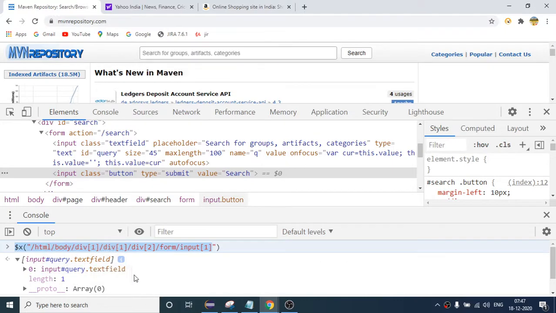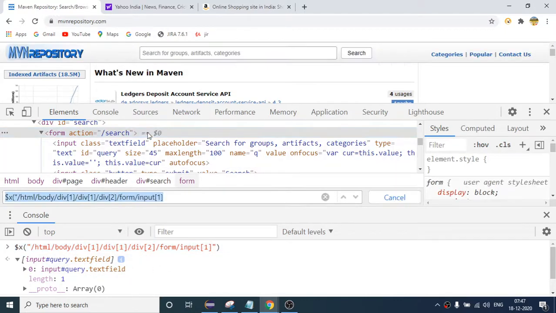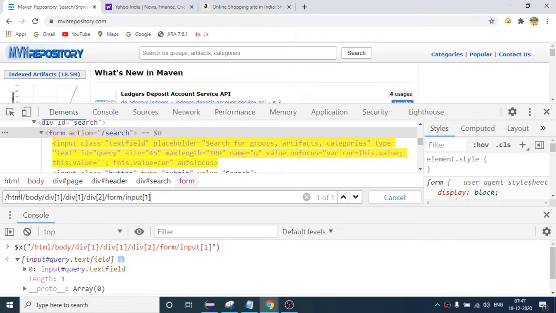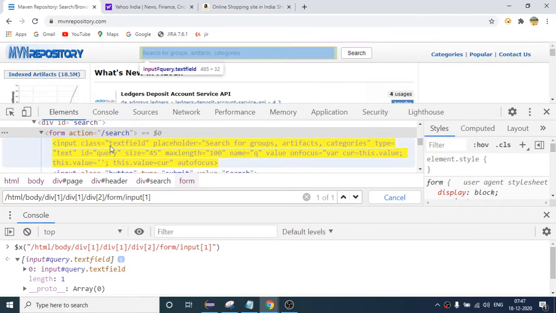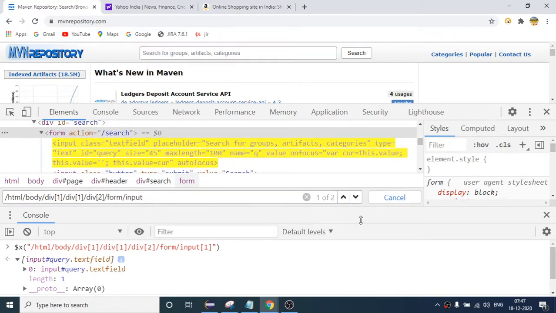Let me copy it here only. So here you have to remove all this. Is it giving me this one? Yes, it is giving me this one. So you can also do it like this. Instead of writing 1, suppose I do not write 1, so it will give me 2 elements. You can say 1 out of 2.